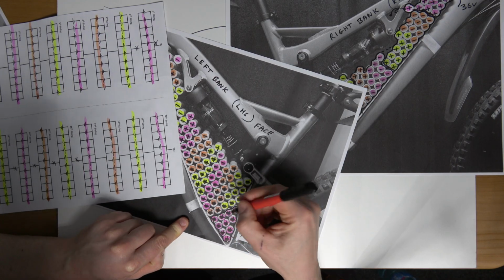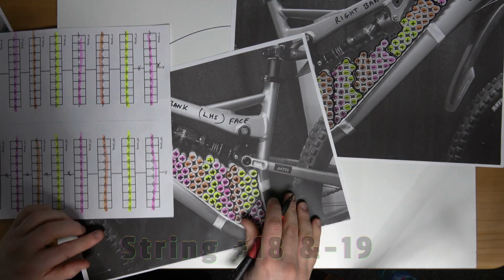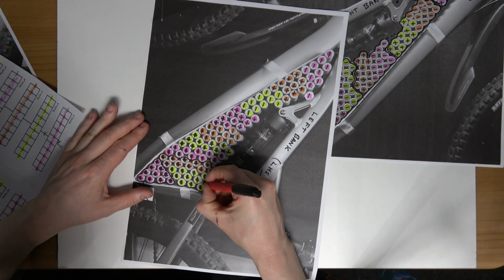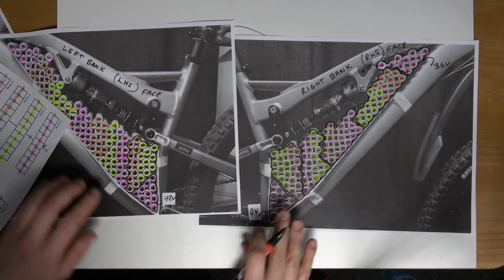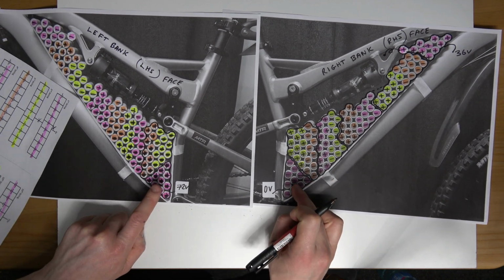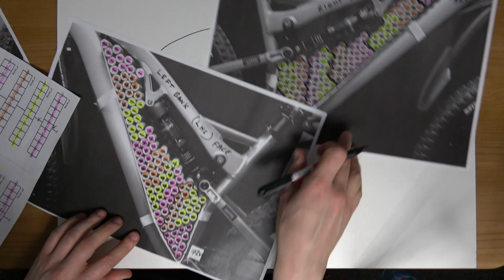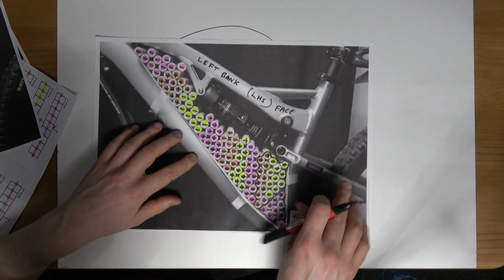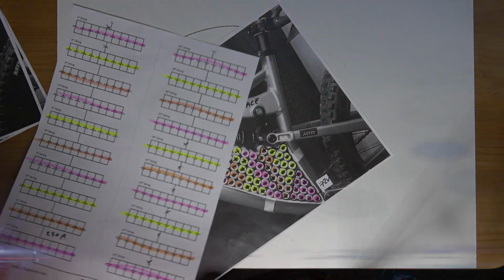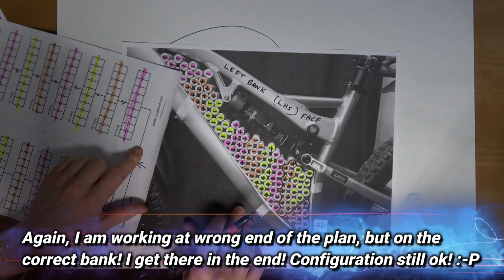Might just keep going here just to demonstrate that the two sets of plates are the same. Well, there will be two plates of each. So if we look at this now, we can see that these plates are identical, mirror image, and these ones are, when I say plates, the busbars. So I'll just continue on drawing it actually because it's not hard. Just for this demonstration. So we're working on the left bank now. So this is the left hand side. So I don't need this, but I'm just going to use it. So now we have